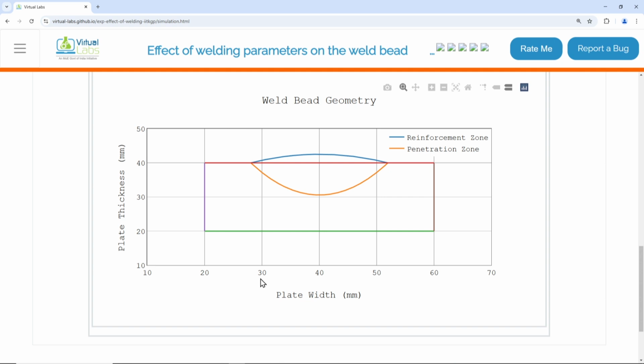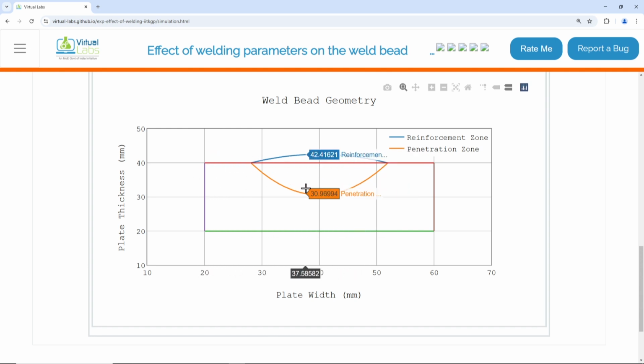Plate width, that is the bead size, is around 10 plus 20 plus 2 on this side, around 24 millimeters of the diameter of bead is there. So bead dimensions are given exactly here. For instance, if it is from point number 28.2 to 51.5, so around 24 millimeters of the bead width is there, and bead depth, a thickness, is also there.